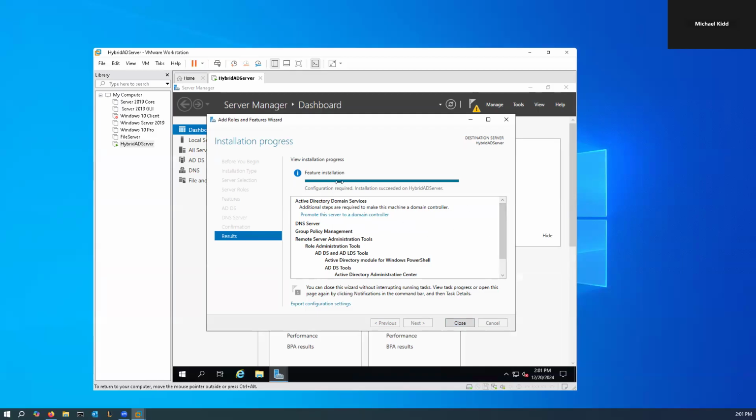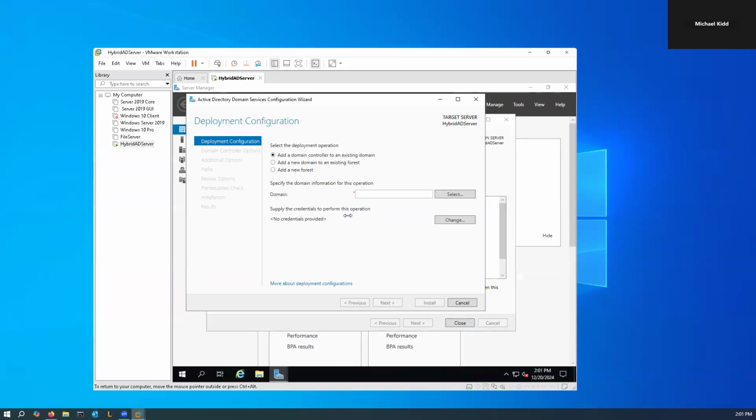Okay, once it's installed, it's going to ask us to promote the server. We're going to go ahead and promote it. We're going to create a new forest, and the root domain is going to be the information that we used from the previous lab. So I used